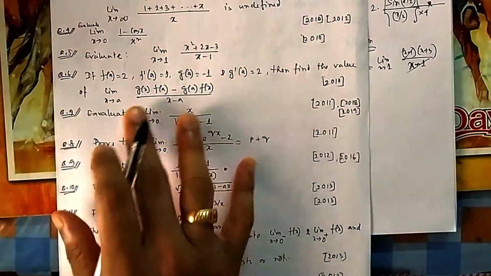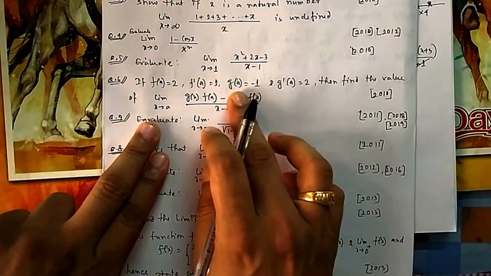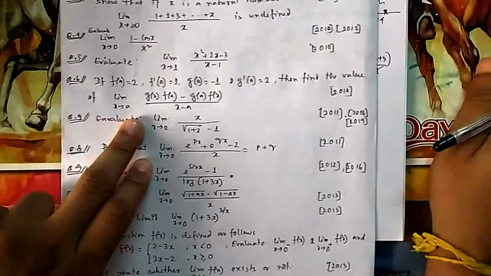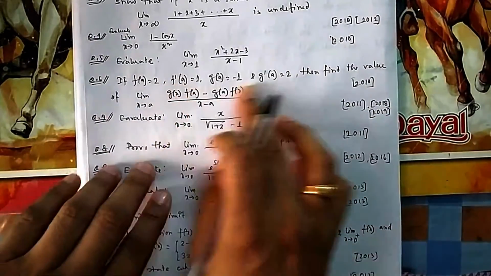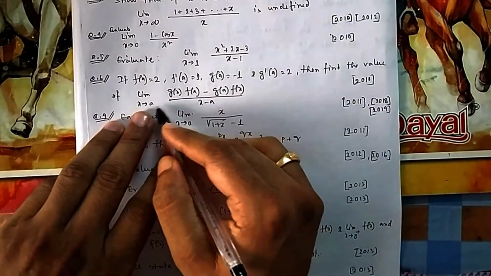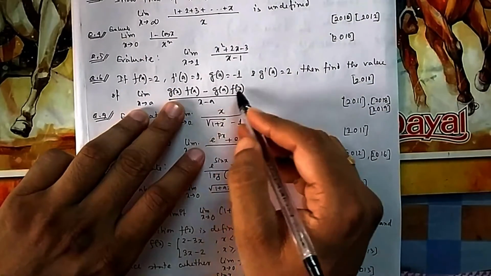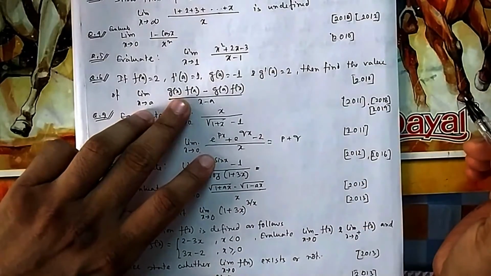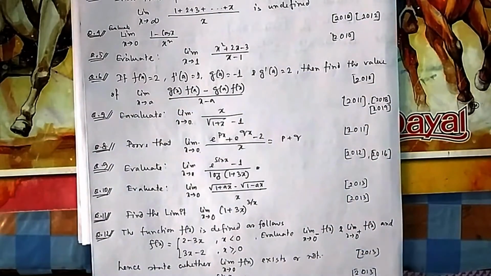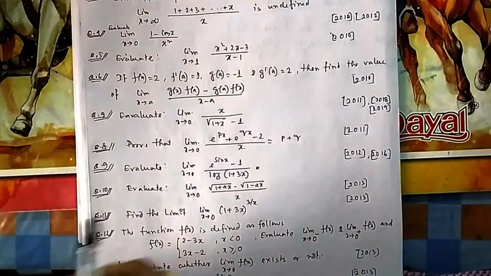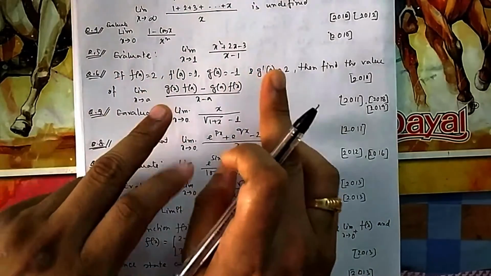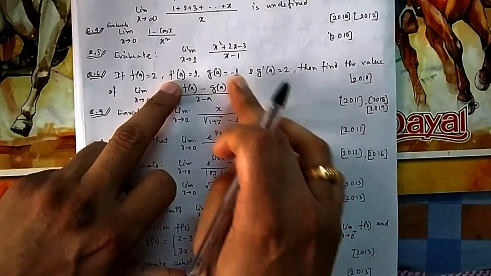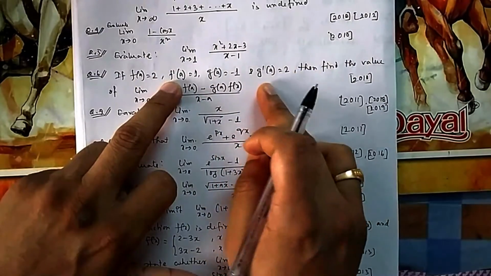Now if you come to question number 6, f is equal to this, f dash a, g dash a given, then you have to find this. So no expression of f and g is given, but only the differentiation values are given at a. So if you put a, it will be g a, f a, so it will be 0 and a minus 1. So it is 0 by 0 format. So here you have to apply L'Hopital rule in the indeterminate format, because nothing else you can do, and you can also get a hint why L'Hopital rule is used, because L'Hopital rule is used in other cases also, but that is not required. These are simple formula based.